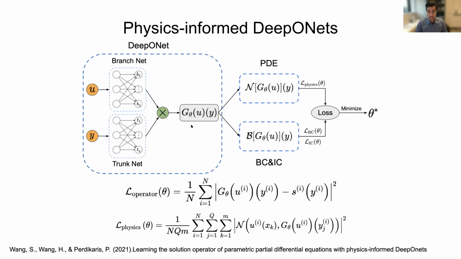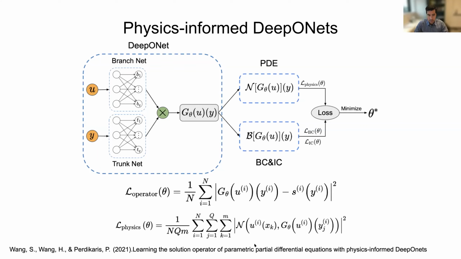By doing so, we can formulate things like a residual loss. For instance, we can take the prediction of a DeepONet, plug it into an underlying PDE or ODE governing law, and compute the residual that tells us how faithfully the prediction of the DeepONet satisfies the given equation. So essentially, we're introducing a regularization mechanism. While training the DeepONet model, not only will we be minimizing the loss function that ensures that our model fits the observed output measurements correctly, but we can also have an additional loss term, which we call the physics loss,